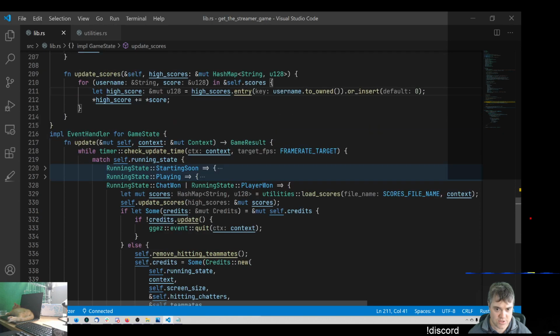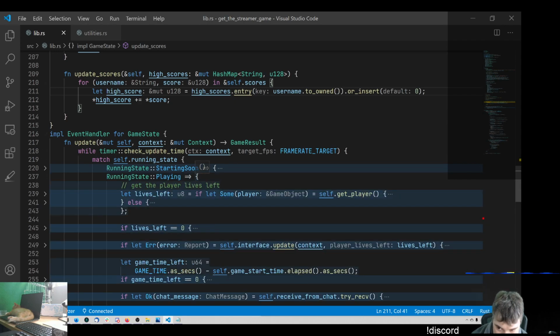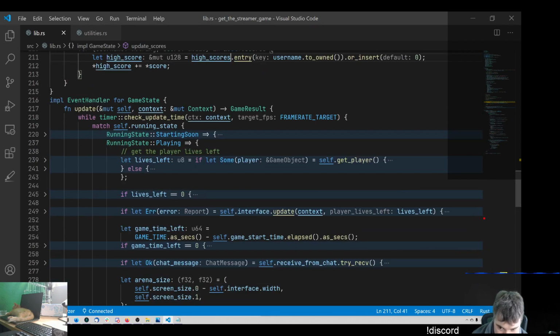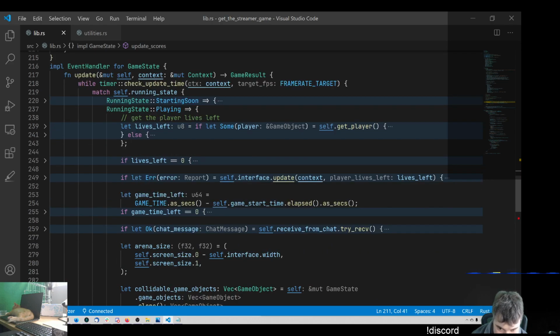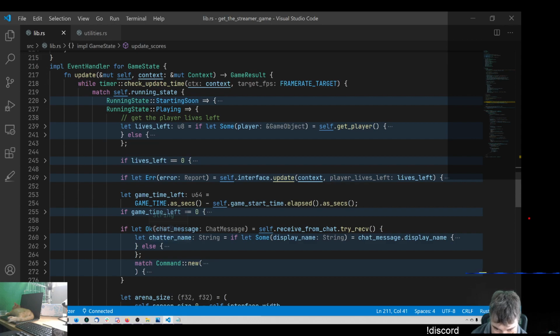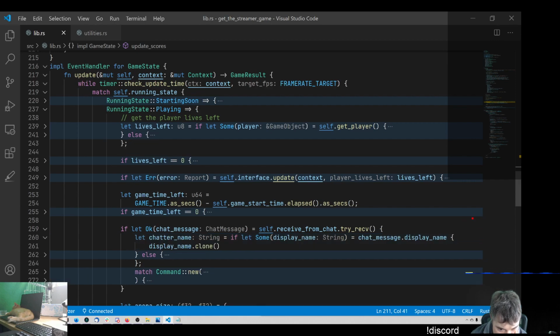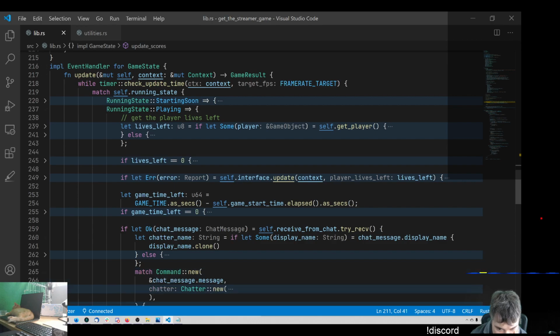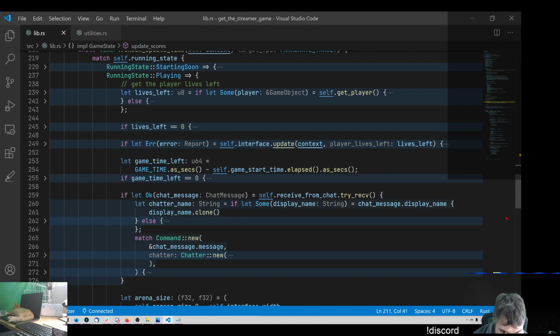So let's first start by when we're in playing. So we receive a chat message from chat. We get the display name. Here, okay, so here we match command new. So go ahead and